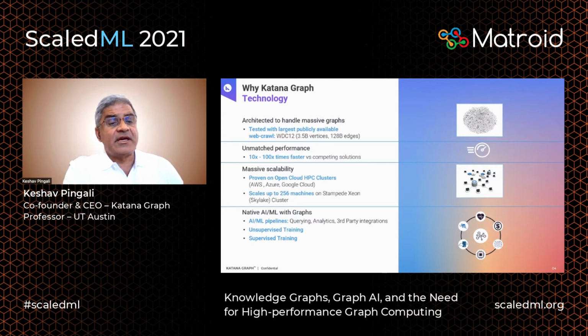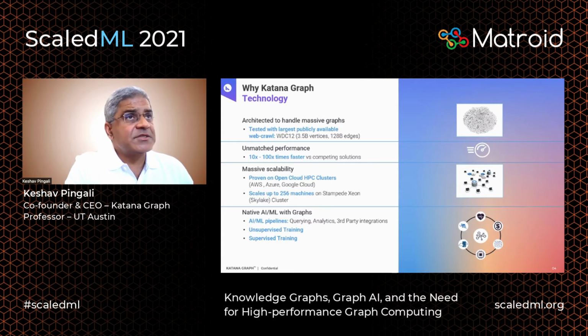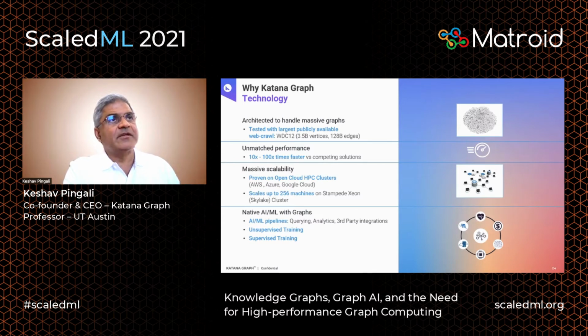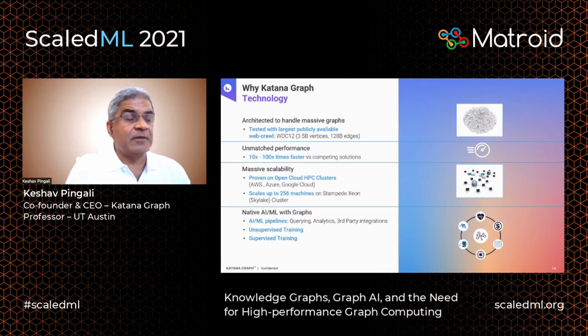And so as a result, our analytics are about 10 to 100 times faster than other solutions in this space. Most of our competition is focused on the graph database world. So there you have a lot of data sitting in secondary storage. You make a query, you want to serve that query fast. You do that by building lots of index structures and so on. So that is the kind of application that they're focused on, and not so much on analytics, which is the heart of our system. Of course, we're adding a database component to the Katana system, but at the heart, we have a carefully designed graph engine, which is how we get this 10 to 100 times speedup over other solutions.